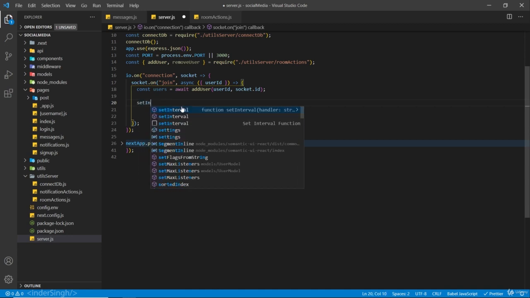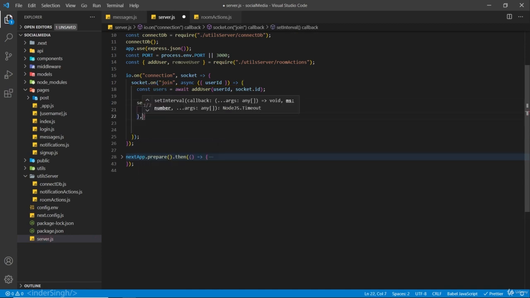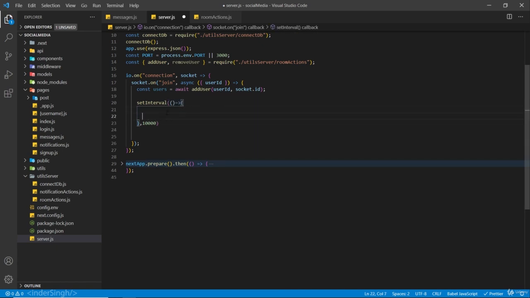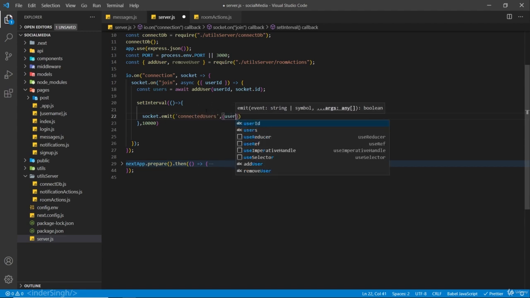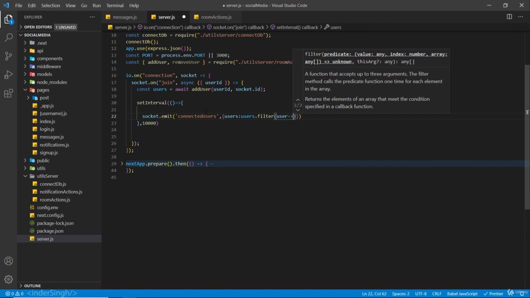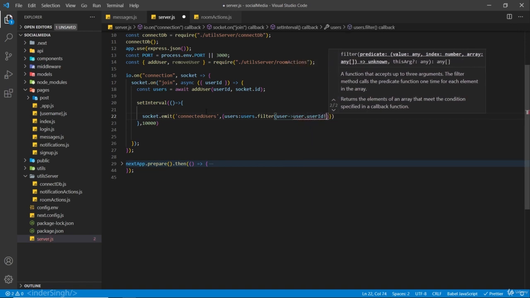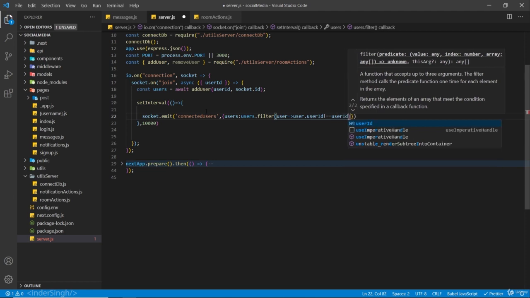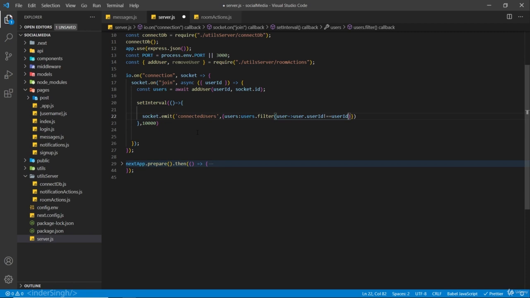So I'm going to set an interval here, and it is going to be after every 10 seconds. And inside this, we are going to send data from our server to the client. So socket.emit, it is going to be connectedUsers. And inside an object, we are going to pass in the users, but we are going to filter over it. So users.filter, user and user.userId not equals to userId. So we are sending back all the users other than the logged in user who has made this connection,